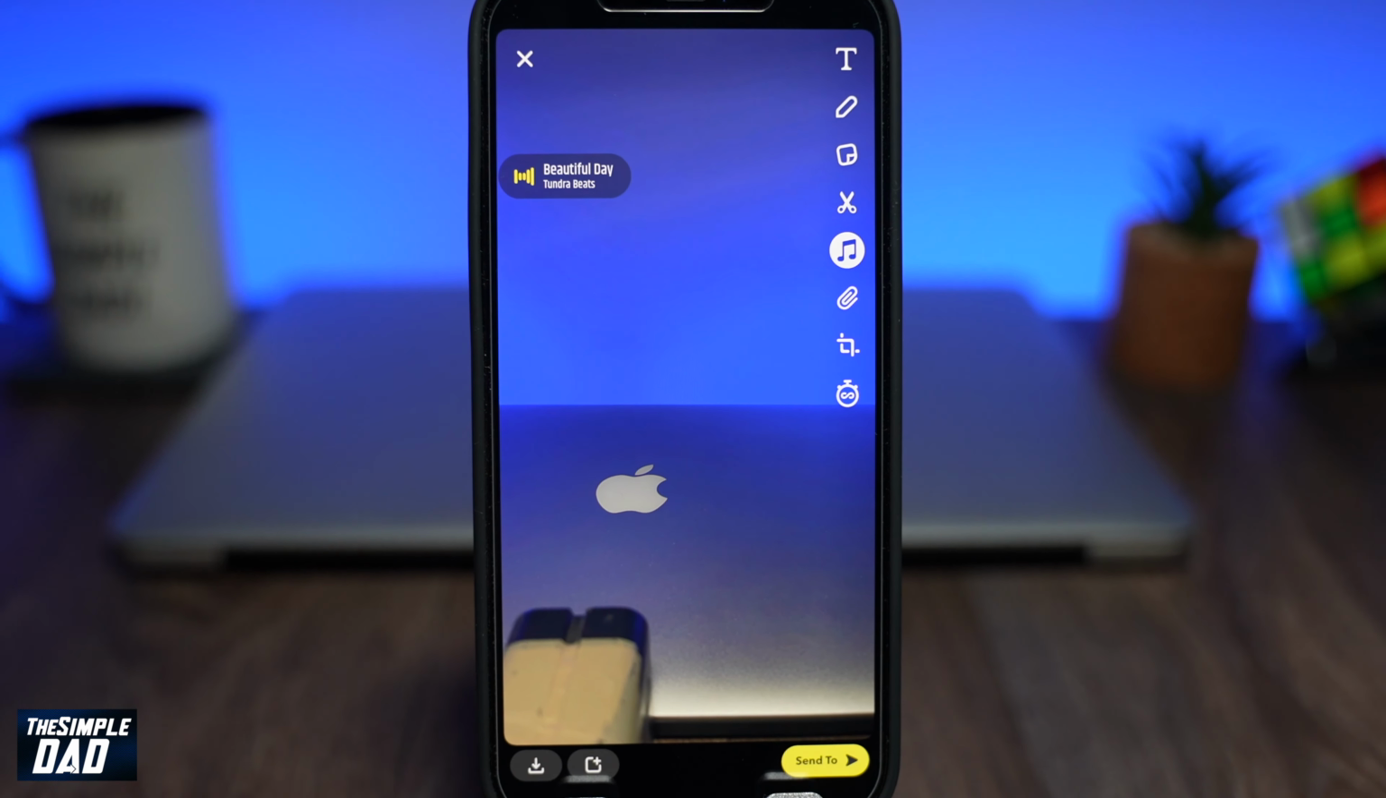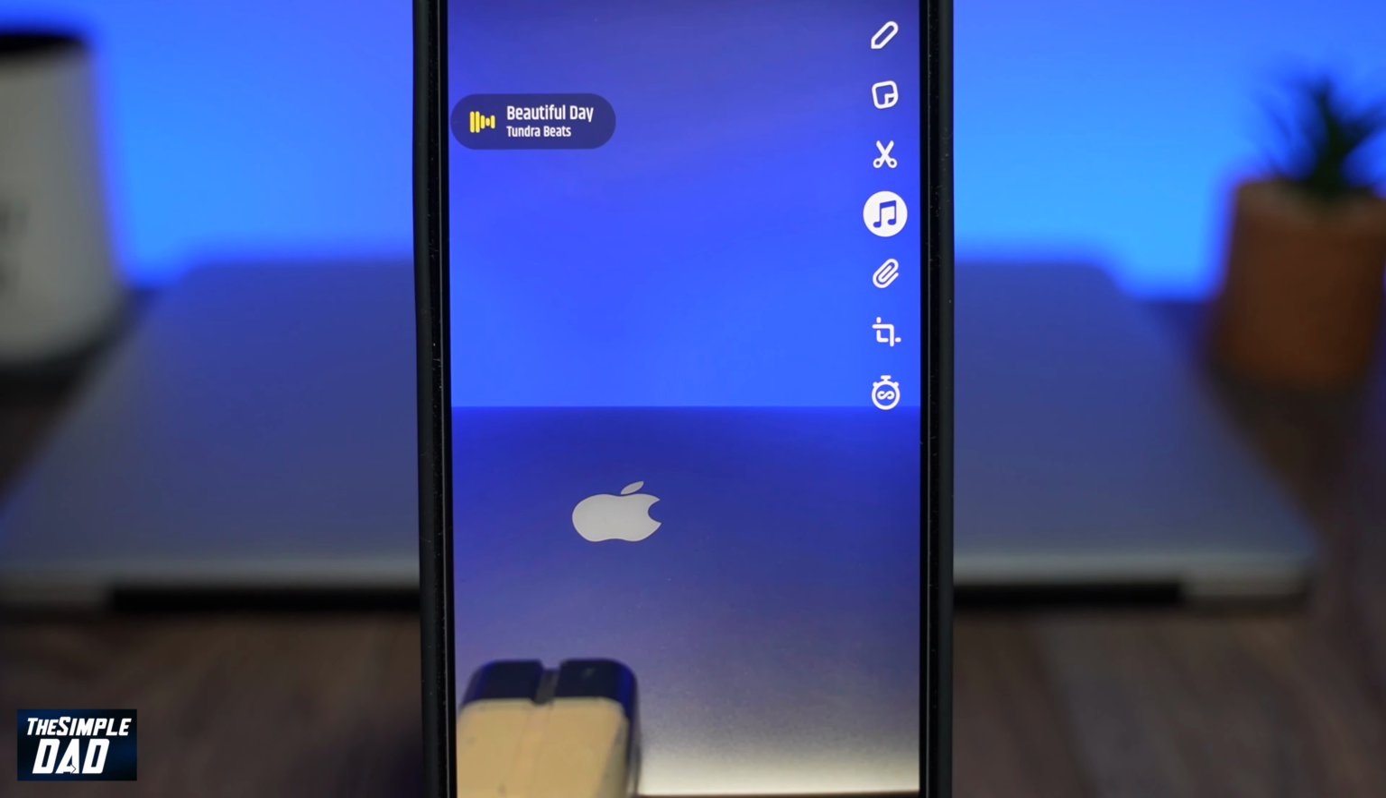Welcome back everyone. In this video, I want to show you how to add background sound to your Snapchat photos